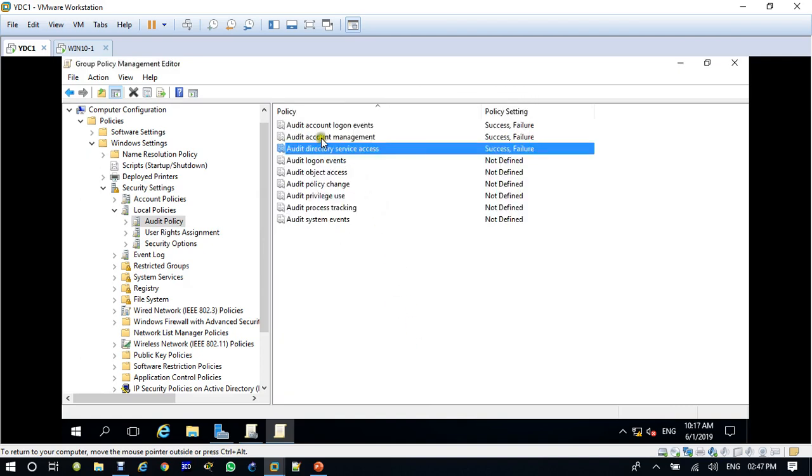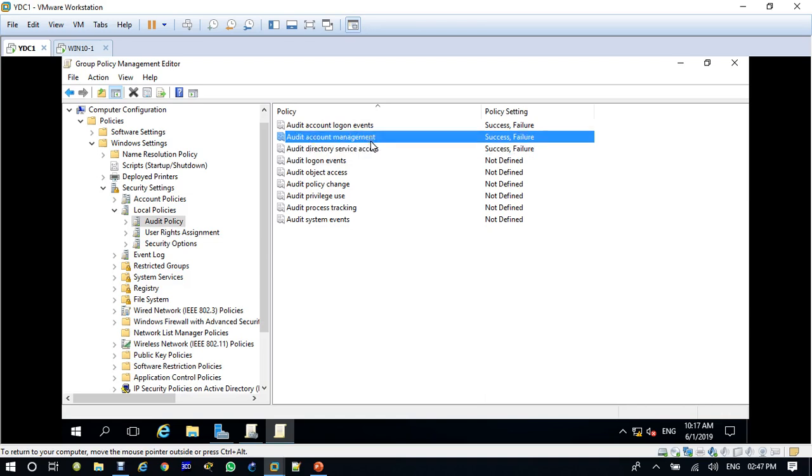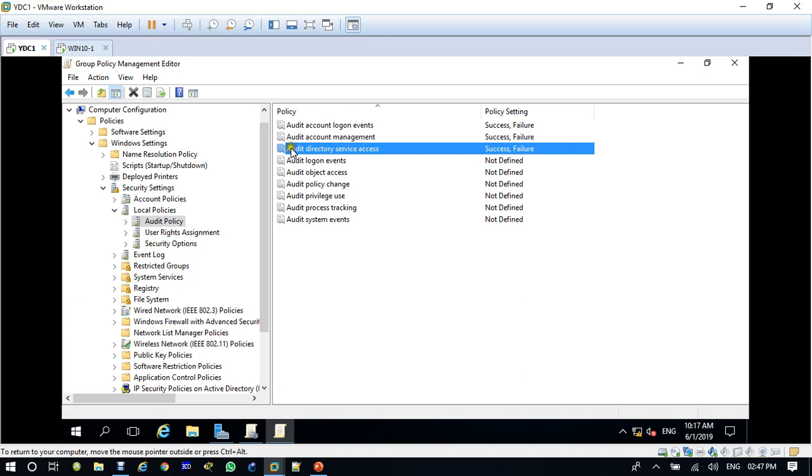So what is this saying here? You can see audit account logon event. You can give me the logs if the user successfully logged in to the system, or maybe failed. Account management: if the user is trying to change the password or update his account, you give me the logs for this one. Audit directory service access: maybe how many times the user has accessed Active Directory for his own resource